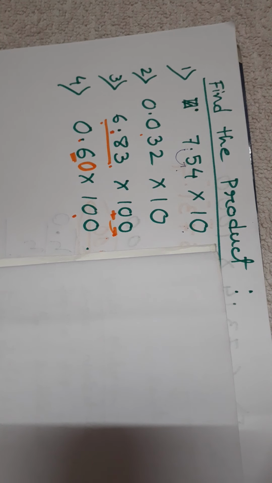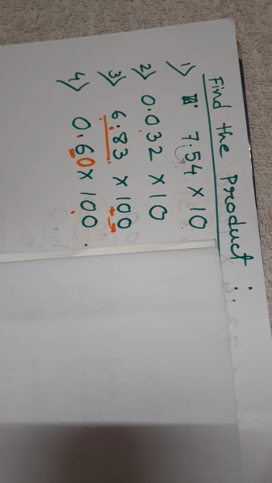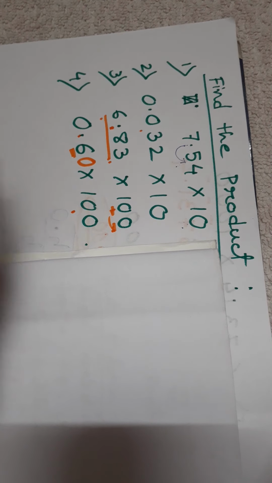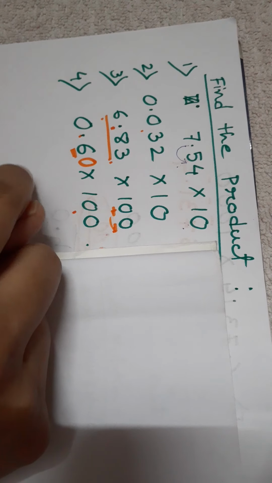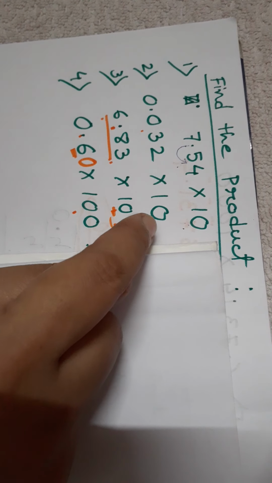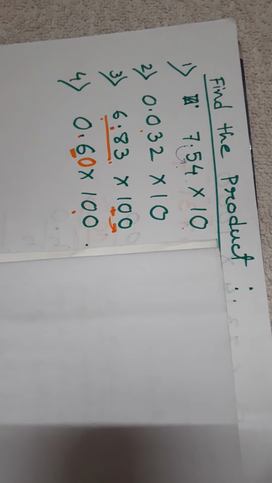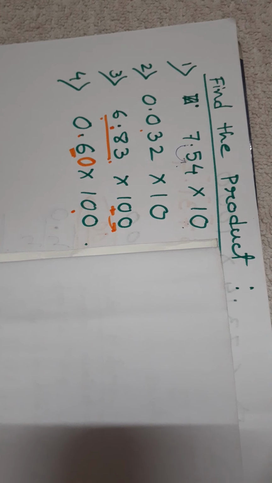Here, students, I have done the multiplication without any calculation. I mean, orally you can do the multiplication if you have to multiply a number with 10, 100, 1000, 10 lakh, like this. So how to do this? We have to count the number of zeros present over here.